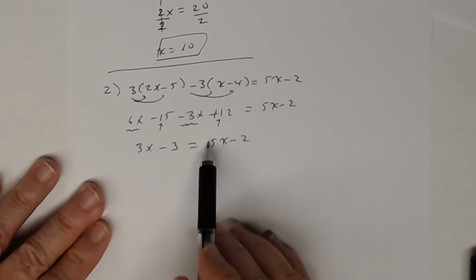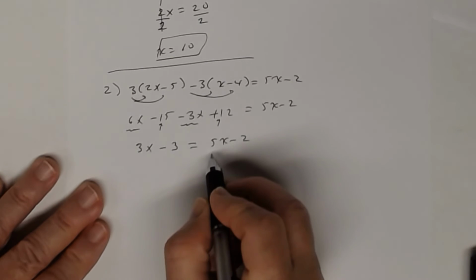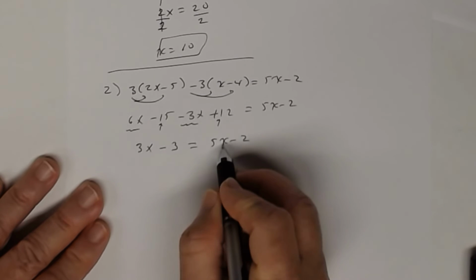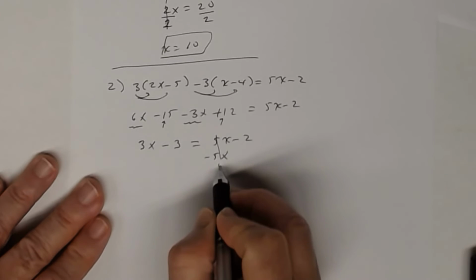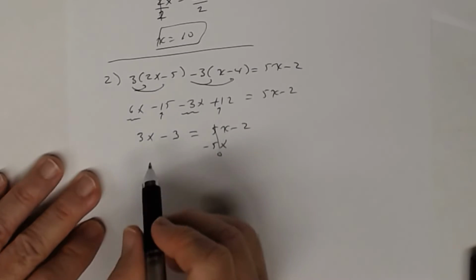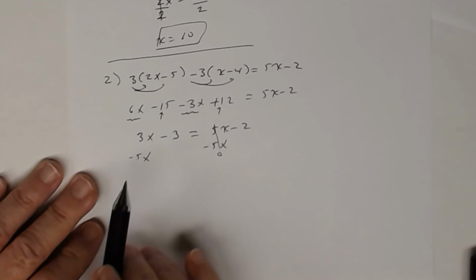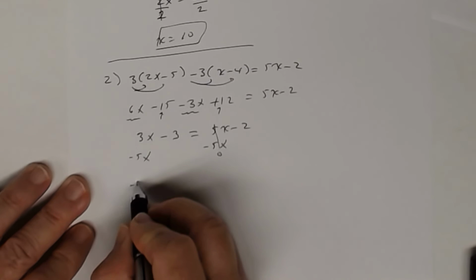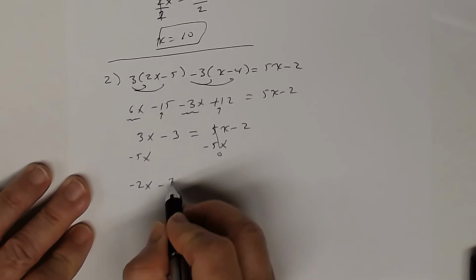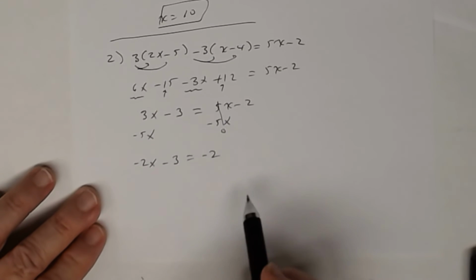All right, so now I'm going to bring all the variables to one side, constants to the other. I'm going to bring the variables to the left-hand side. So right now, this is a positive 5x. The opposite of adding 5x is to subtract 5x. That's how I get 0 here. But what I do to one side, I must do to the other. And notice I'm aligning my like terms. Now combining like terms, 3x and a negative 5x is a negative 2x, minus 3, equals 0 and negative 2, which is negative 2. And then